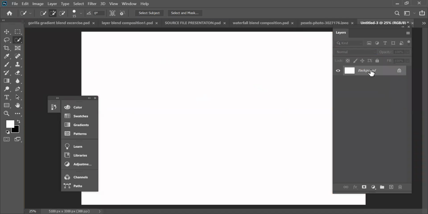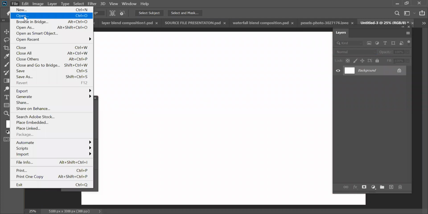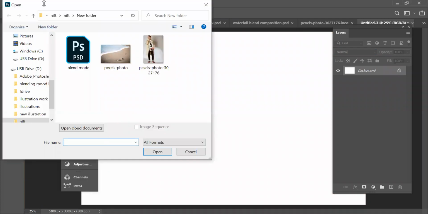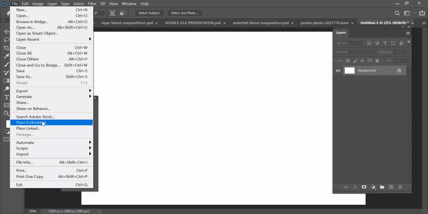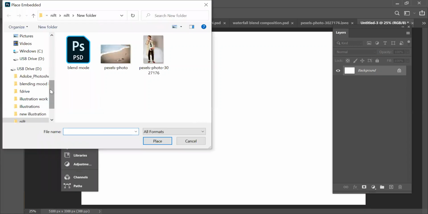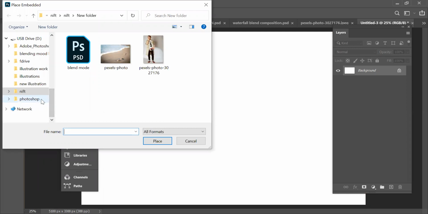Okay, so the first thing that I would like to do is open the files that I want. This time I'll use place embedded. I'll embed the photographs instead of opening them separately.